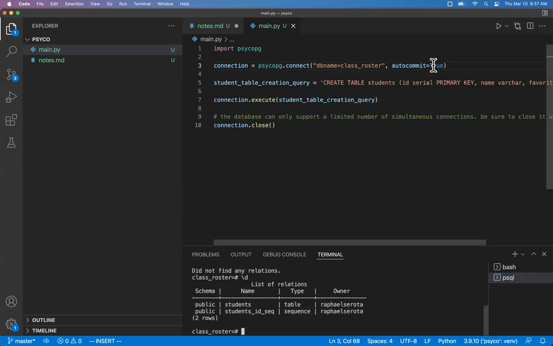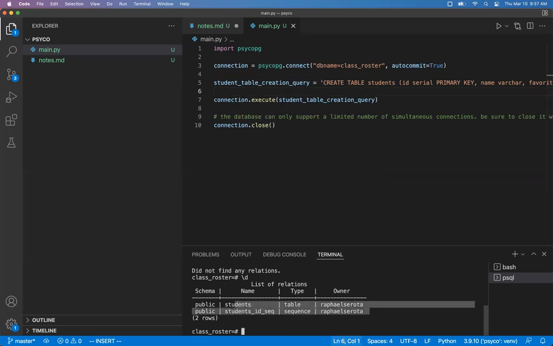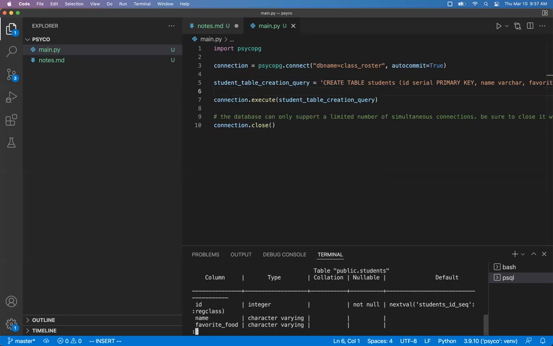Okay, there we go. So this option that I've not yet explained to you was set incorrectly. I'll explain later what that does. But so now we can see that we've created this table, this query ran successfully. When I look at it in pSQL, you can see I've got our students table. If we describe students,